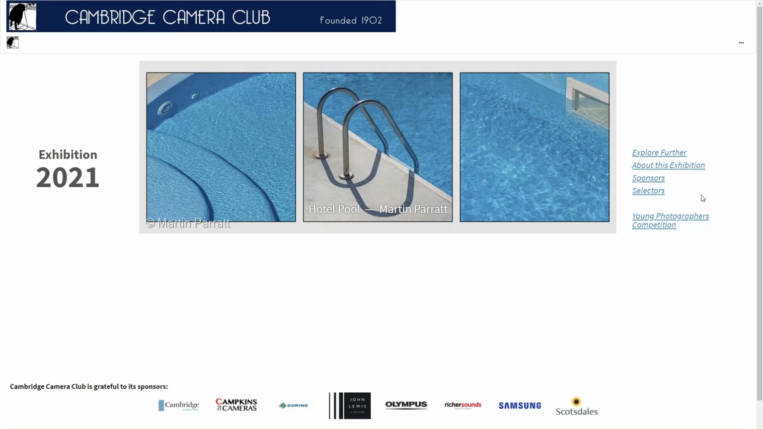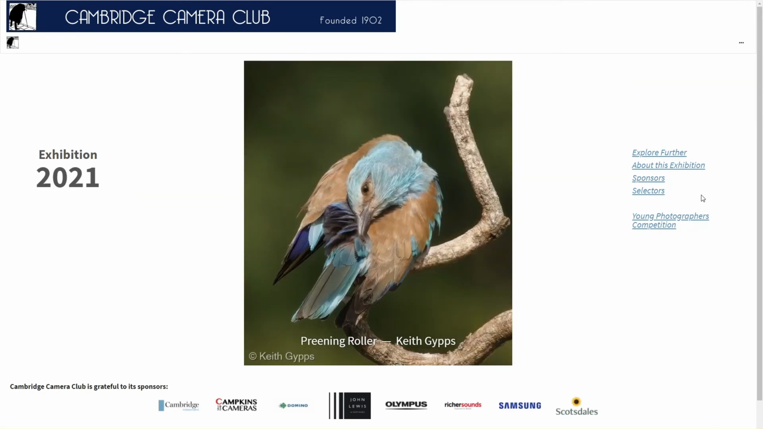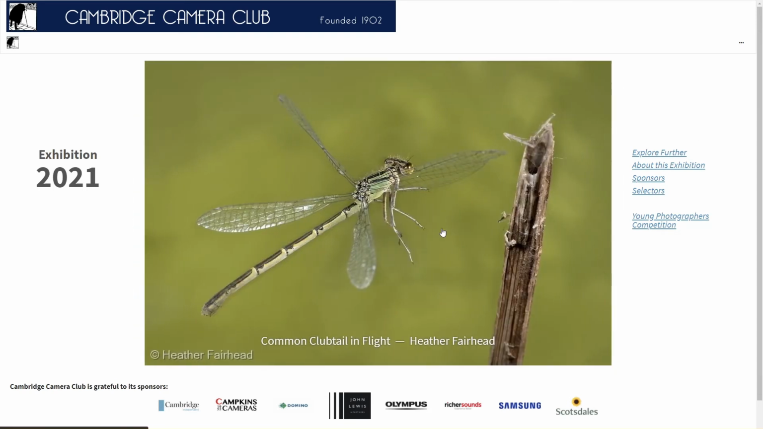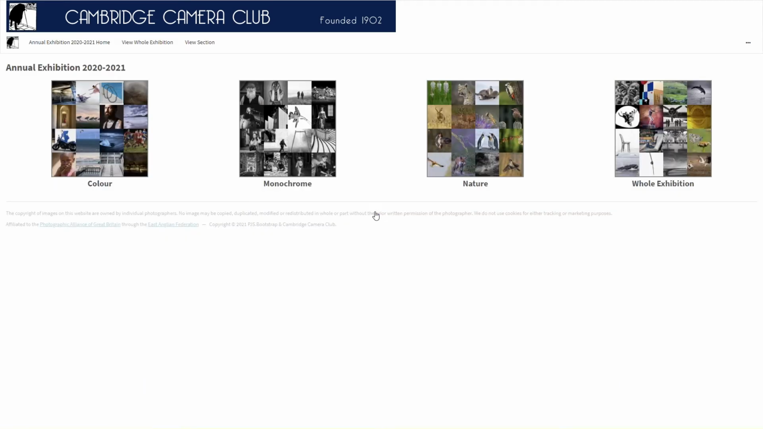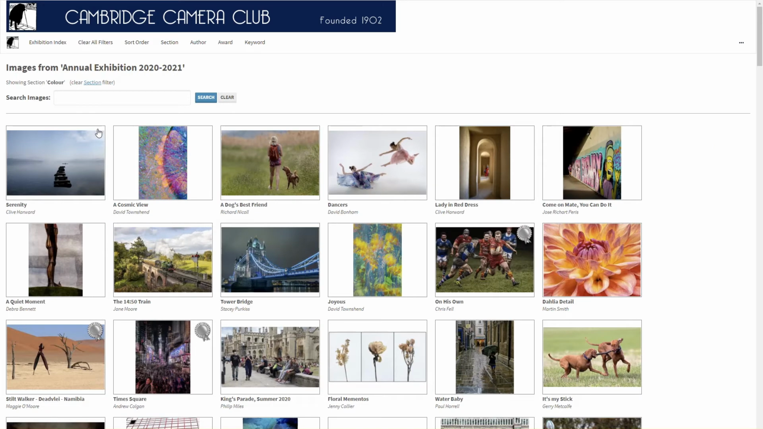So, let's look interactively. To get into the interactive part of the exhibition, you either have to click on Explore Further, or you can just click on the image. Either of those will take you into this page here, which is telling you about the exhibition. Now in this case we've got three sections: colour, monochrome and nature, or there is the whole exhibition, and you can get into those sections either by clicking on the mosaics here or by going to the menu at the top. Exactly the same. So in this case we'll click on the colour section and this will bring up all